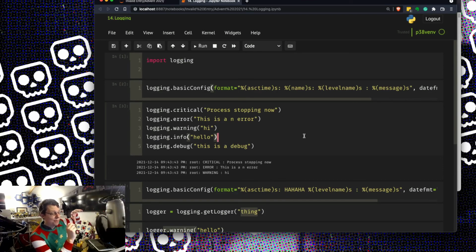I'd always send it to a file and then have something like Filebeat pick those files up and ship them over to Logstash or Elasticsearch or whatever you want to do. So I would generally always log to a file. If I'm not going to standard out, I'll go to a file. That would be my recommendation. But you do have to watch out for your disk space filling up over however long your program's running.